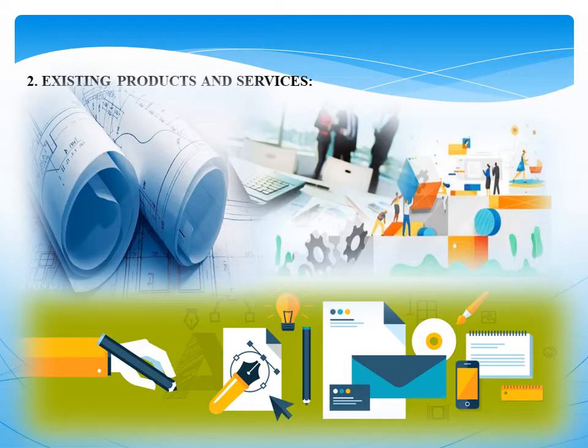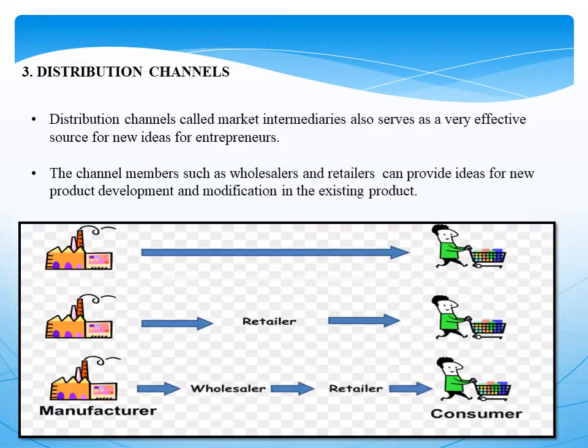Existing products and services. One way to have an enterprise idea may be to monitor the existing products and services already available in the market and make a competitive analysis of them to identify their shortcomings, and then decide what and how a better product and services can be offered to the consumer. Many enterprises are established mainly to offer better products and services over the existing ones.